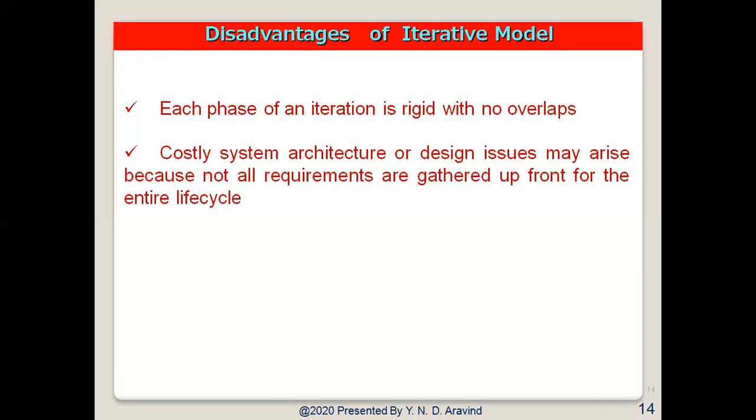For computationally complex systems, where complex models and volumes of data must be analyzed, designed or created within the scope of the project, we cannot go for the iterative model. Where the technical requirements are tight for the equipment that is to be used, and where many new technologies are to be introduced within the scope of the project, then we cannot go for the iterative model. So these are the different places where we cannot go for the iterative model.